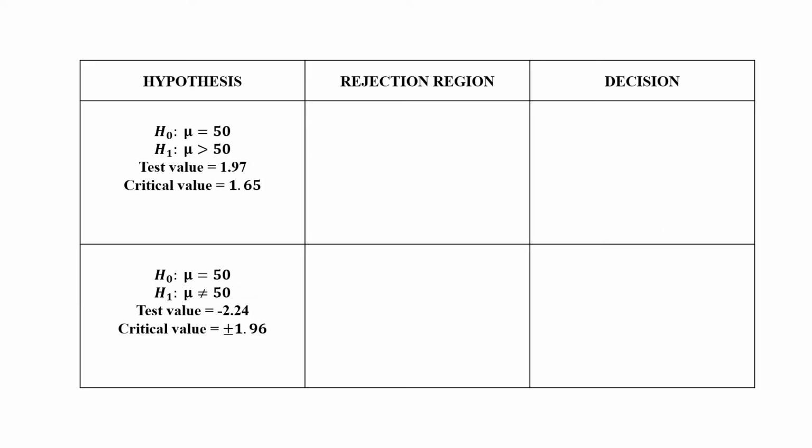Okay, so null hypothesis natin is equal to 50. Then the alternative hypothesis is greater than 50. So since ang given na symbol ay greater than, that is one-tailed, ibig sabihin, isang tail lang yung merong shade dun sa ating normal curve. Okay? Then the test value is 1.97. Then the critical value is 1.65. Okay, so i-draw muna natin or illustrate natin yung ating